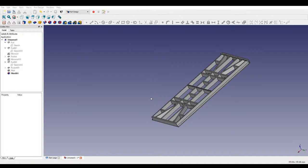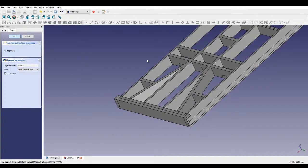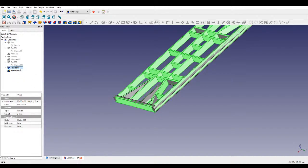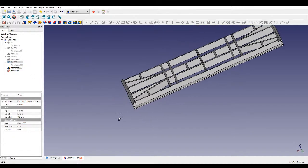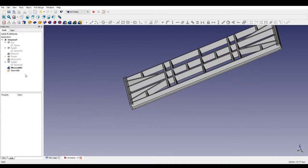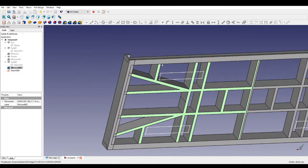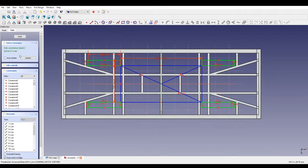Mirror. Pad number 2. Yep. There we go. And now I need to do these bits again. So yeah, it doesn't like you doing some steps out of order. Gonna have to do that again, but I only have to